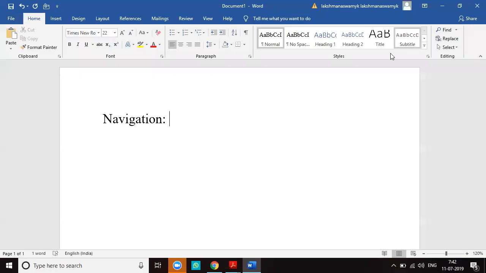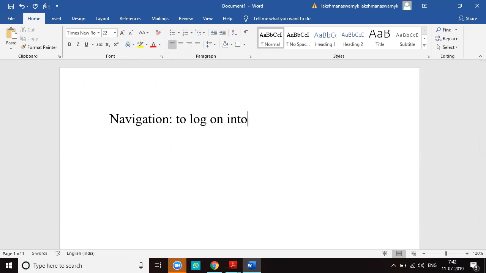Okay. So we have to know how to log on into SAP servers, and once you log on to SAP servers, how to access the screens we require. So all these activities together is called navigation. So put heading navigation. Only for today and tomorrow you have to write. Put heading navigation. Write down please.